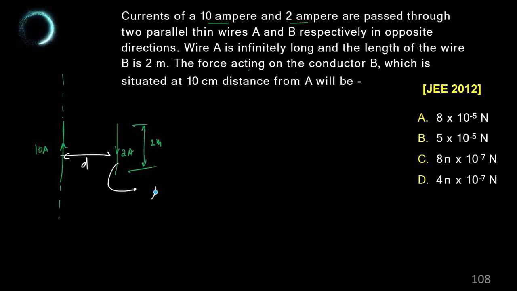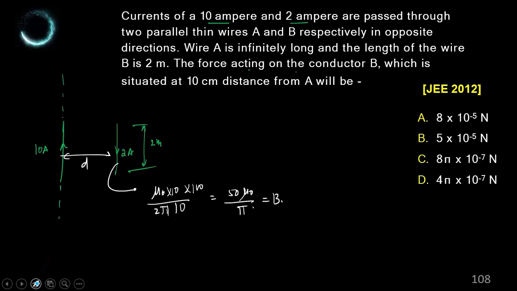ম্যাগনেটিক ফিল্ড কত? ম্যাগনেটিক ফিল্ড হবে মিউ নট I বাই 2 পাই d। d মানে কত? 10 সেন্টিমিটার দেওয়া রয়েছে, তো 10 উপরে নিচে 100, 10 10 কাটলো, তাহলে হয়ে গেল 50 মিউ নট বাই পাই। ম্যাগনেটিক ফিল্ড কোন দিকে হবে? ক্রস হয়ে যাবে। So magnetic field is cross where current is downward, so force will be towards right. L cross B, towards right. এইদিকে ফোর্স আসবে।